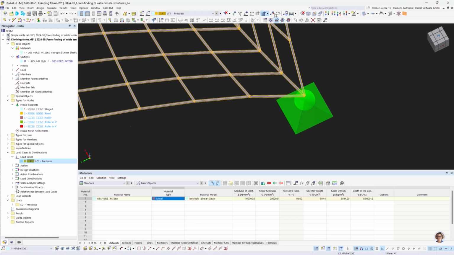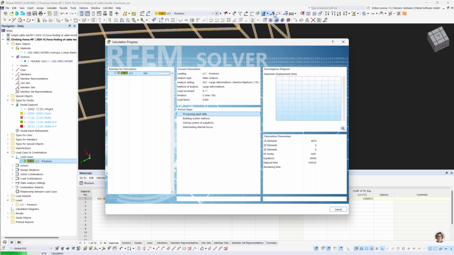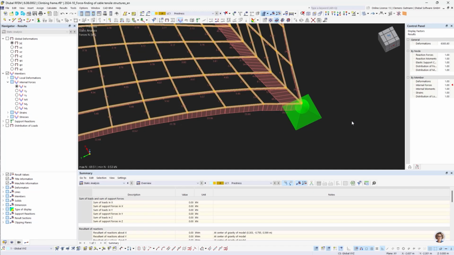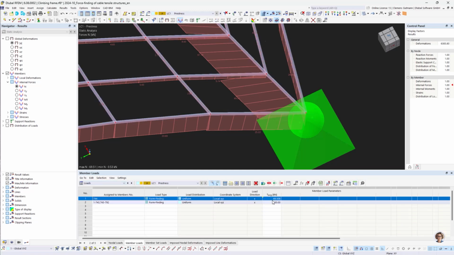Let's calculate again. And as you can see, of course, the number has increased, but it is still the predefined value of